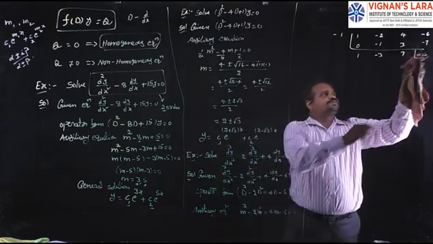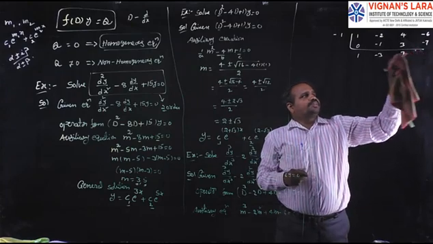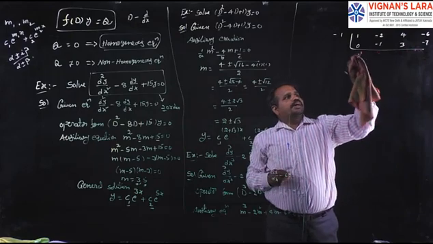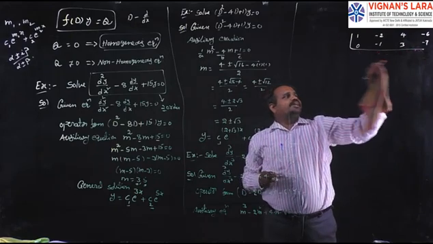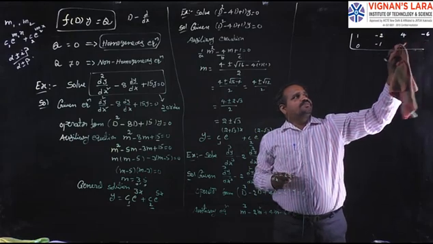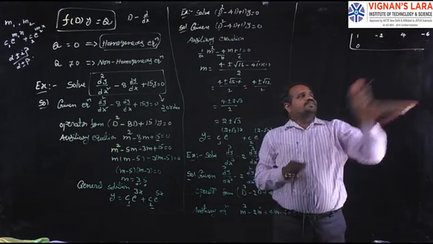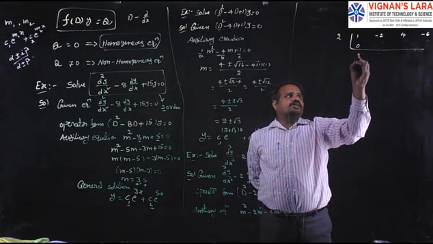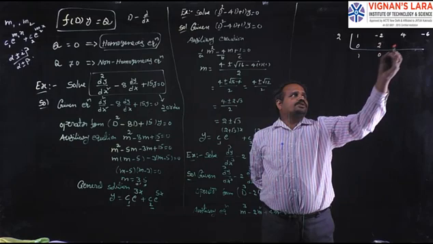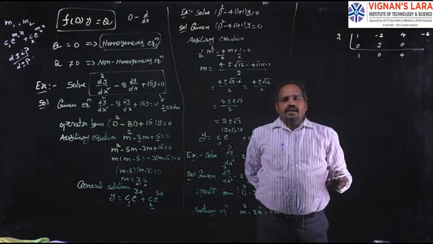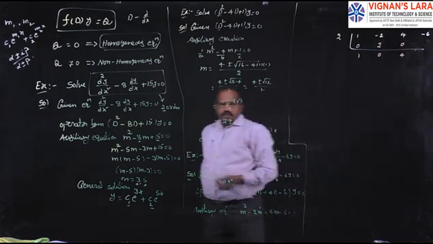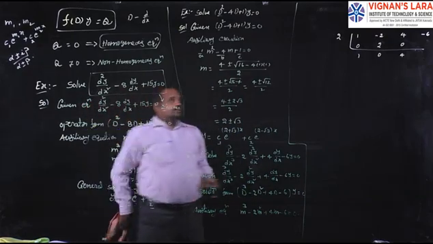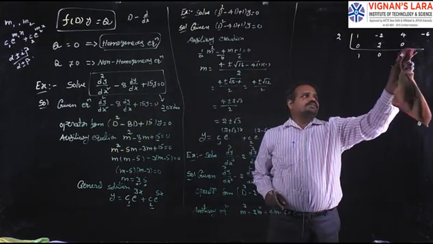So check 2. Like this we have to cross check 1, minus 1, 2, minus 2. Like this we are cross checking. Now check 2. Always here this one is 0. 2 ones are 2. What is remaining? 0. 2 zeros are 0. 2 fours are 8. So here also we are not getting the value. So this is not a root of the equation.